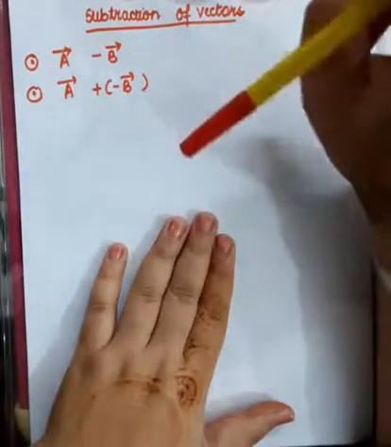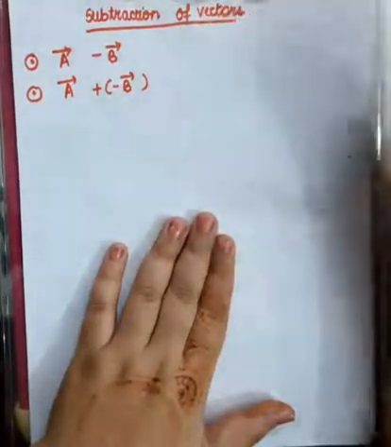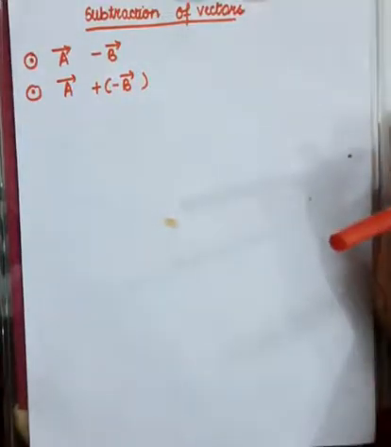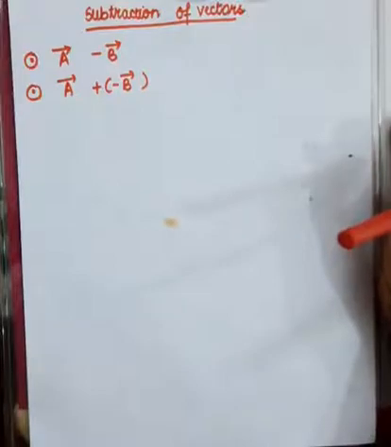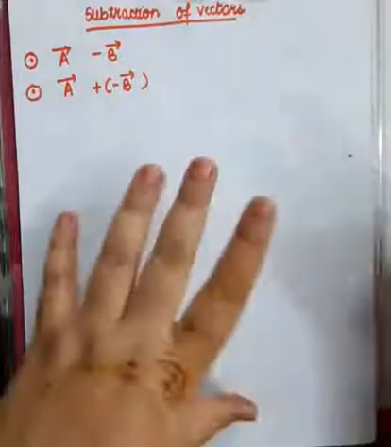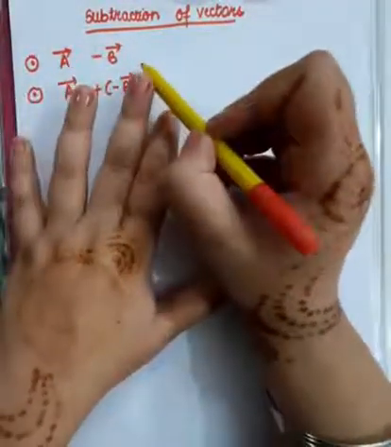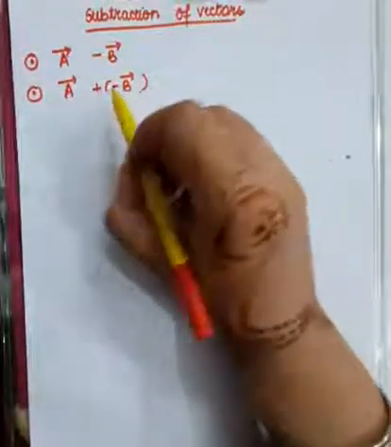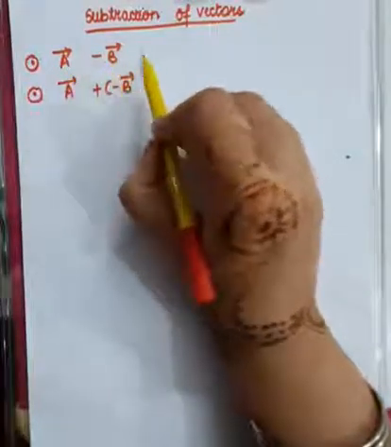Suppose you have two vectors, A vector and B vector. Remember, they should essentially be of the same nature. Like if you are talking about one force, then the other one should also be a force. Or if you're talking about one velocity, then the other one should also be a velocity, right? Suppose this is A vector and this is B vector, and after that you need to carry out the subtraction between both of them. So this goes as A vector minus B vector.